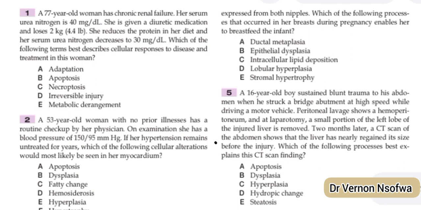Okay, the other thing that you can do, that this patient also did, is reducing the protein in her diet. That will also reduce the amount of urea being produced in the body. But here, the question that we have is, which of the following terms best describe cellular responses to disease and treatment in this woman? Okay, so what is happening here is that when urea level increases, the cells in the